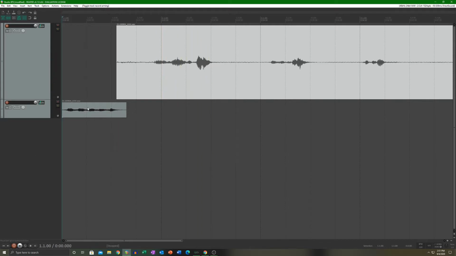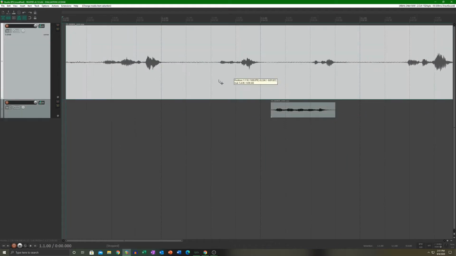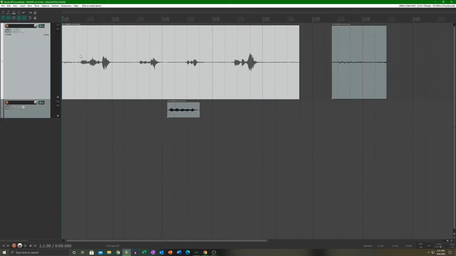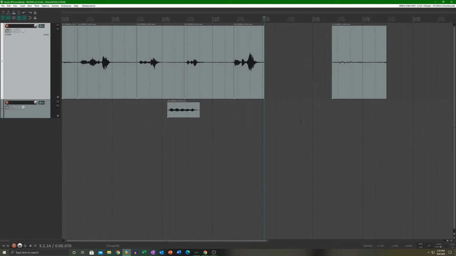Let's say I want to move all of these around. I can do that if I want to. I can split this take up into as many takes as I want, or as many splits, as many sound bites as I want. I can move this around. I can delete it if I wanted to. The nice thing about